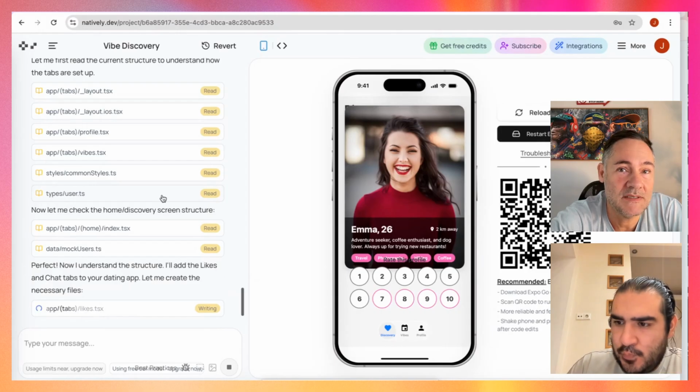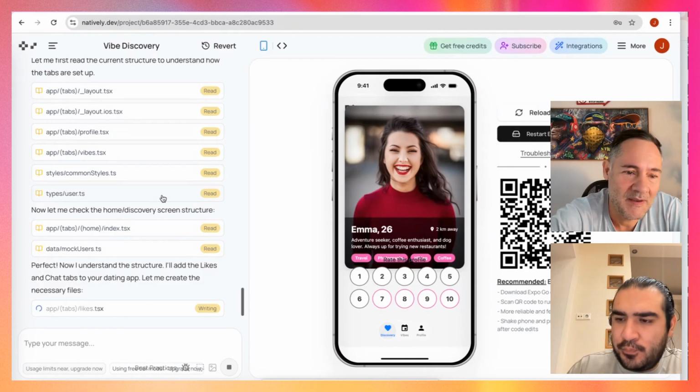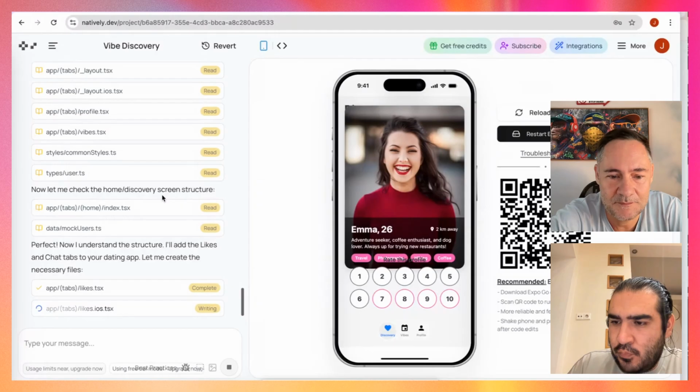But I feel like once it gets into a spot where it's running into problems, it's hard to back out. And I feel like the best way, which I've learned over time, is just to revert back to a prior version and try prompting differently. Because once I start prompting and keep on going and going, it just goes in a loop and never solves things. So I think it's better to just back out and restart from an earlier version.